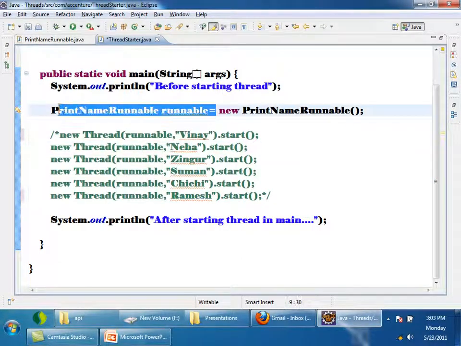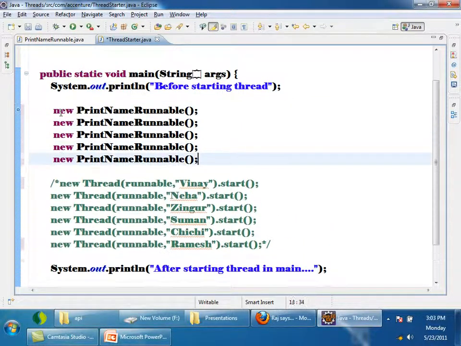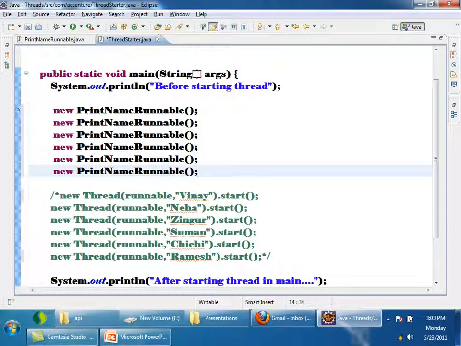What I want to do is, if I want to start some 6 threads, so this should start how many? 6 threads. Just by creating an object of runnable class, I want a thread to be started. How is it possible? Let us see now.